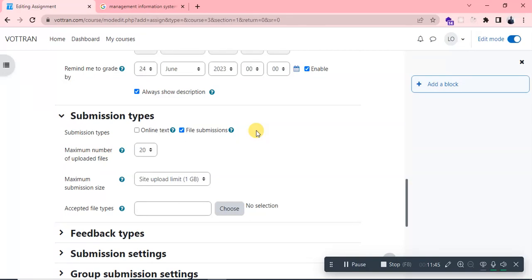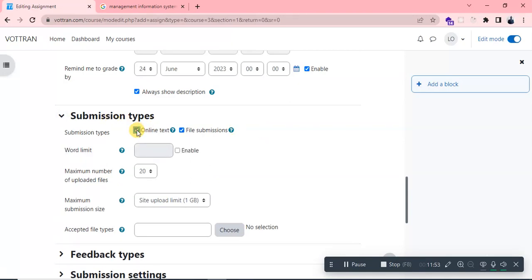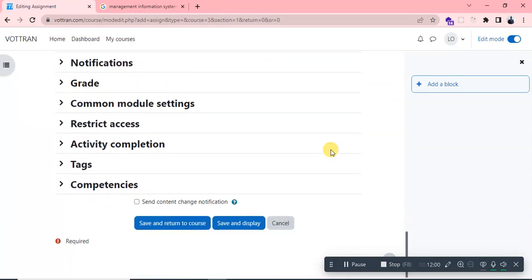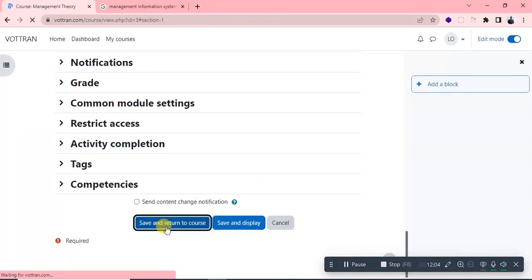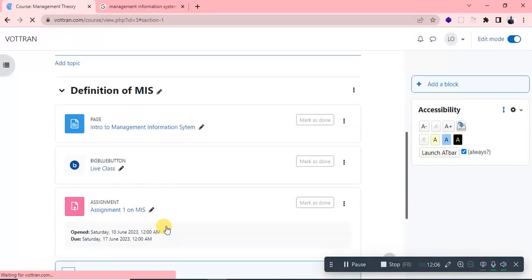Or you may even allow the two, that okay, whether you upload the assignment or you type it on the platform. So if you check the two, will be enabled for them, and then you can now start setting word count and other. But after that, the next thing you do is to save and return. You don't have any other thing to do. Every other thing has been configured to work